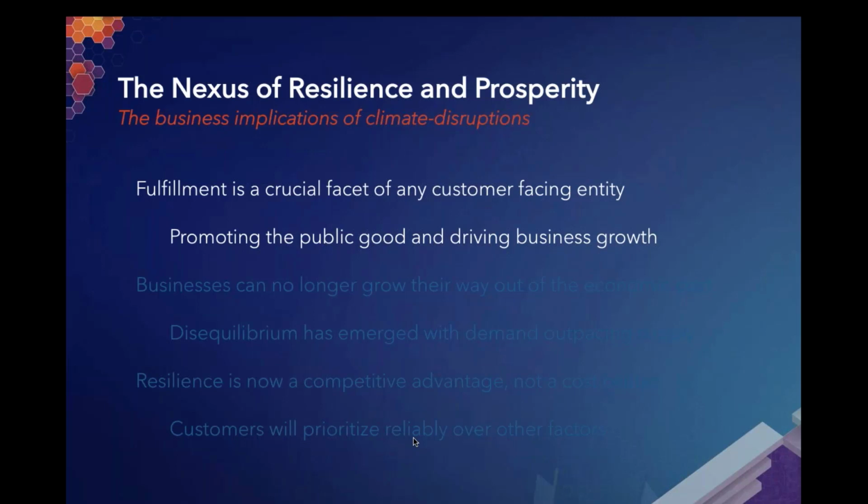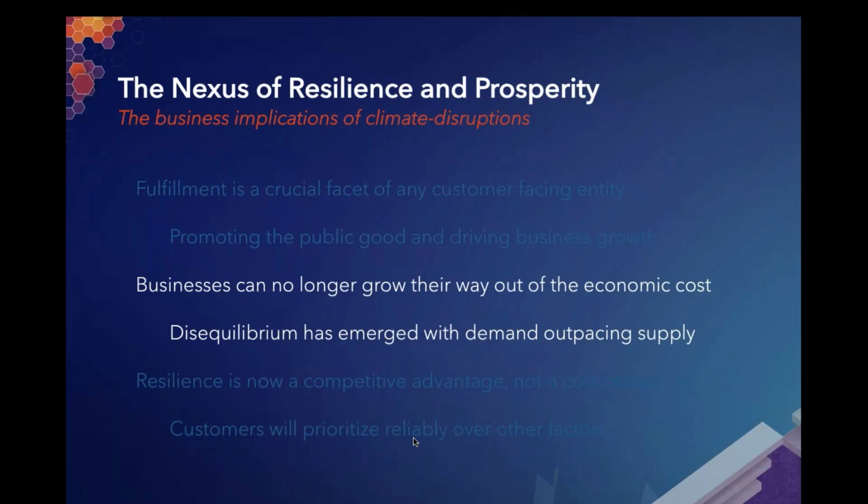And we saw this within the COVID-19 pandemic, that businesses can't just grow their way out of overcoming those types of disruptions because the primary impact is to fulfillment. But when we look at the destructive power of climate change moving forward, or the disruptions from COVID-19, this fundamental source of growth for businesses is being able to fulfill upon the demand that they're facing from the community at large. For those of you in the public sector, you can think about this fulfillment in terms of not a brand promise, but your mission statement. How is it you are supporting your constituents, whether it's at a community level or a national scale?